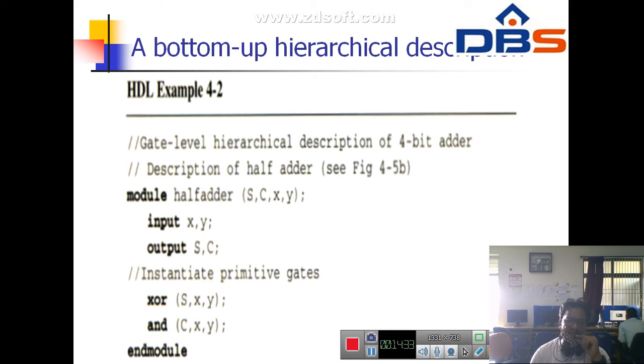Finally we have to end the module. This is the bottom up, that means from inputs to outputs, which comes under bottom up hierarchical description. By using this procedure, we write a simple coding technique for a simple half adder.